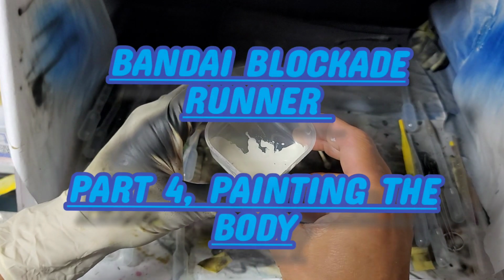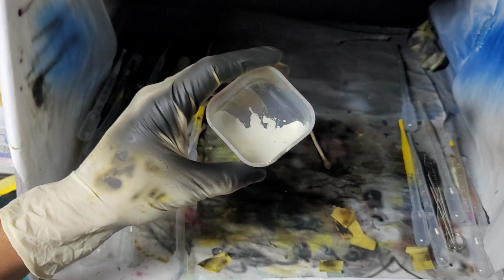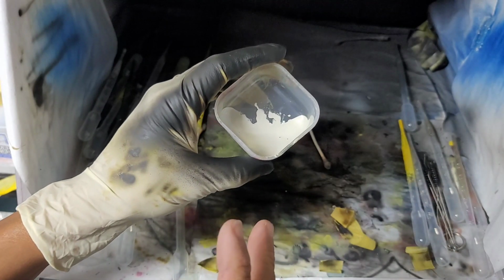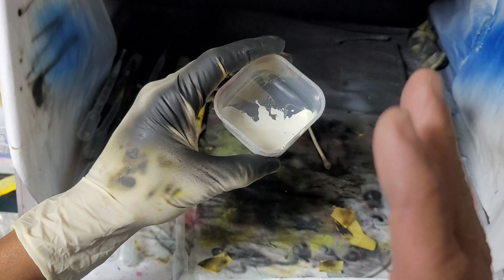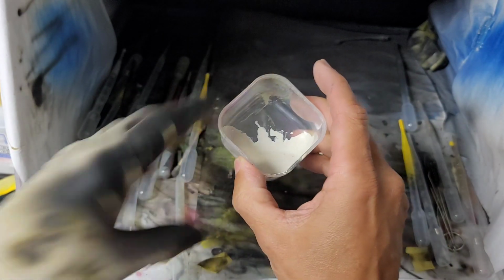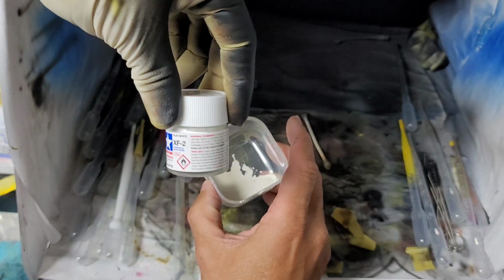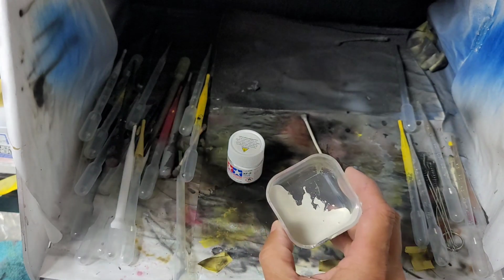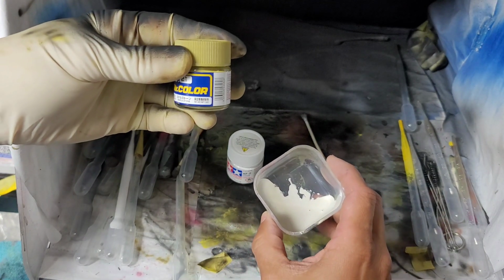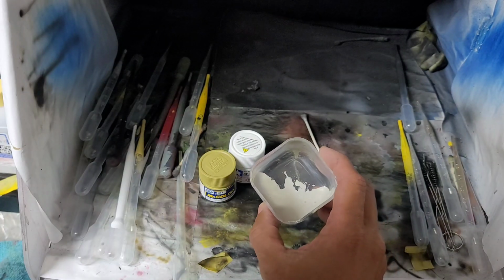Okay, guys, we're going to start painting the blockade runner. We got a custom mixture of paint here. Don't ask me what the exact ratios are. I've got flat white from Tamiya right here, XF2, mixed with a drop of Mr. Hobby Middlestone to give it that slightly yellowish tint,